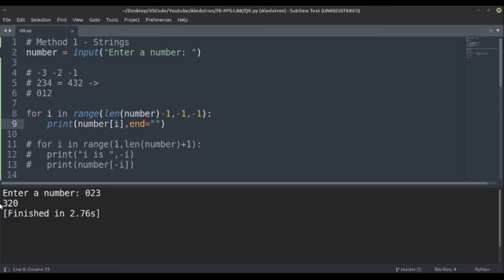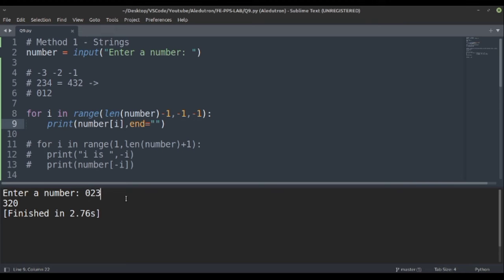So now we got 320. But basically 0 2 3 is the number we are entering. If we consider it on the number line, it is 23. Basically it is 23, but due to this string feature we have reversed each element, so we are now getting 320. So basically we are changing the answer output.